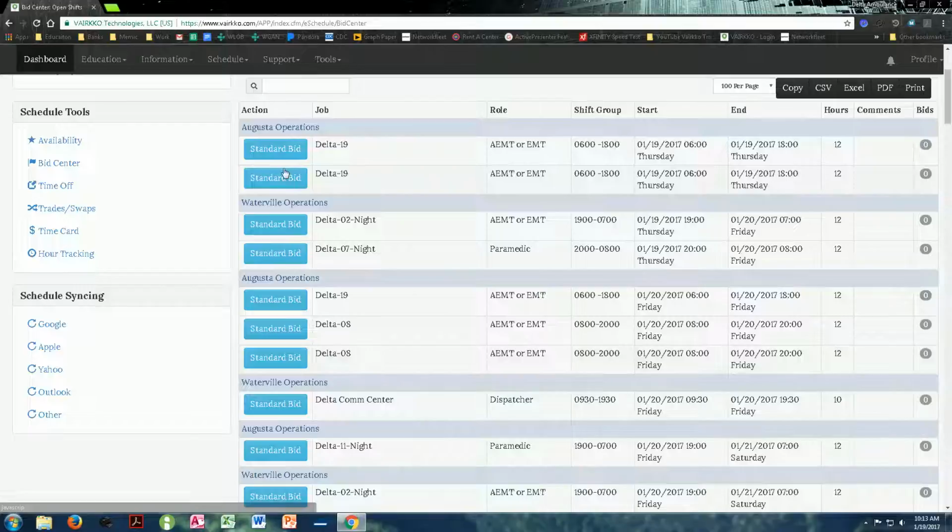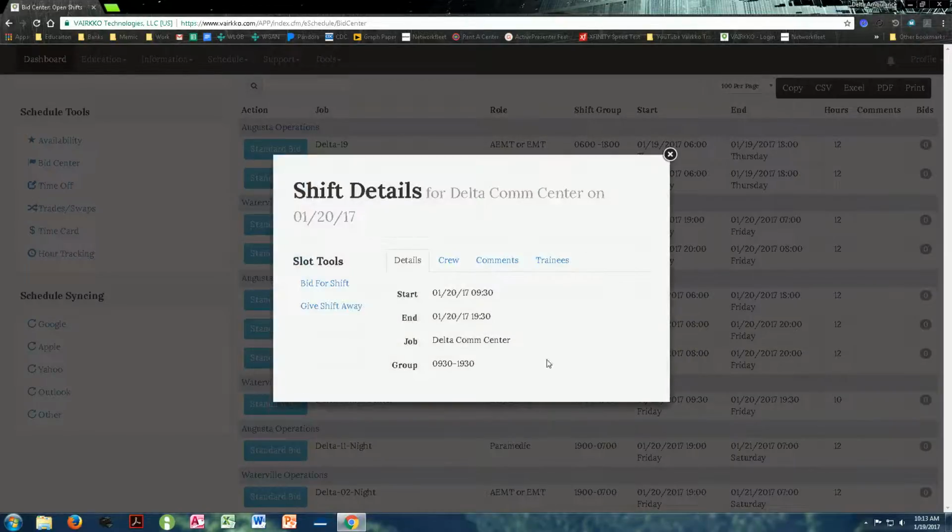All right. And again, if you want to pick up the shift, you simply click on Standard Bid. This window will open. You click on Bid for Shift. That will send the information to the supervisor to be approved. Okay. You can also look and see who's on the crew if someone's there, but where it's dispatch, it's a